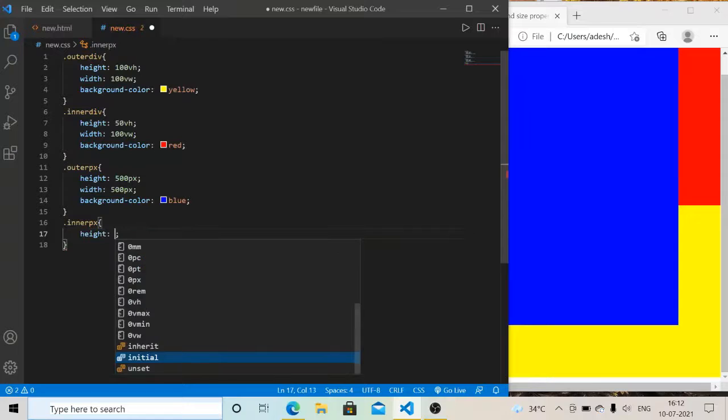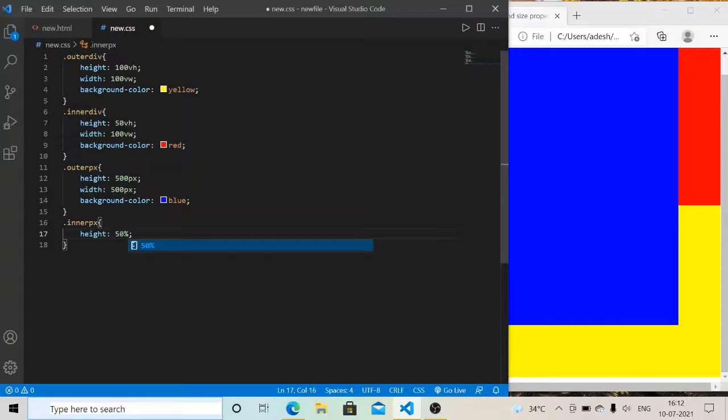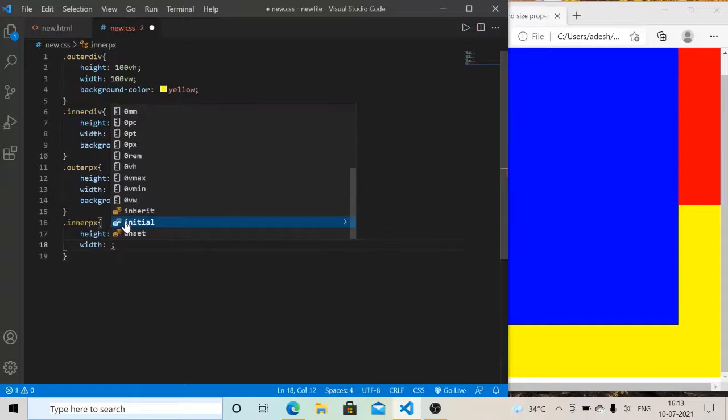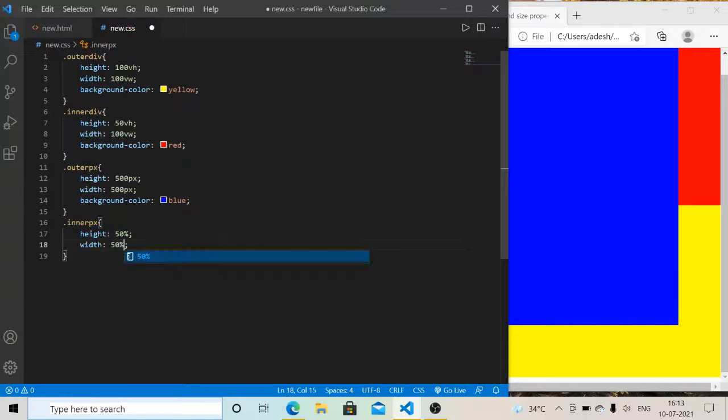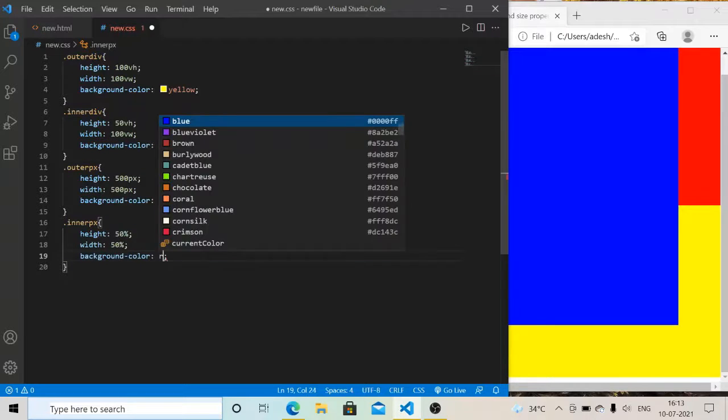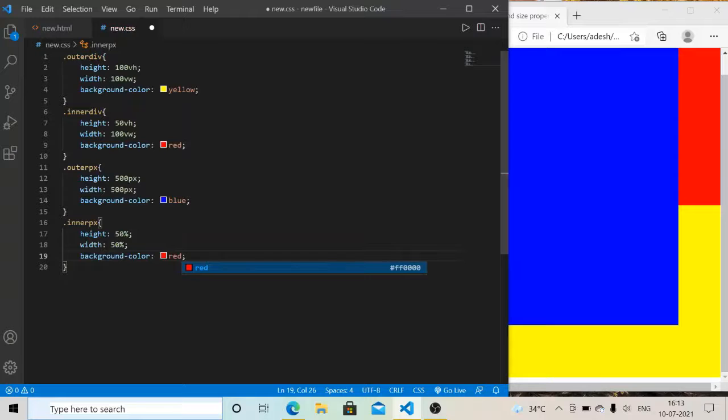The height for my fourth div is 50%, I write here 50% height of the third div, and the width is also 50%. Now I give the background color red. So the fourth div occupies